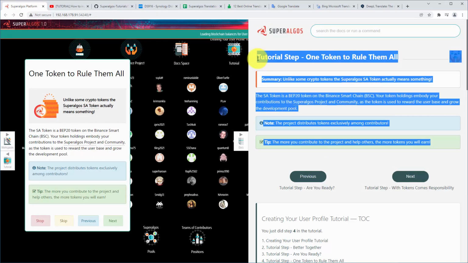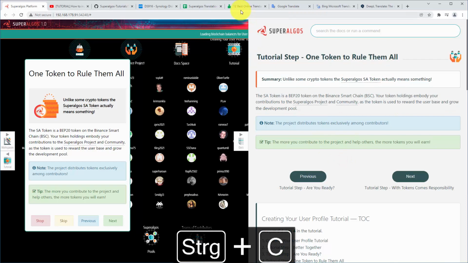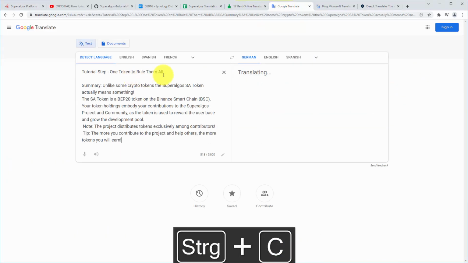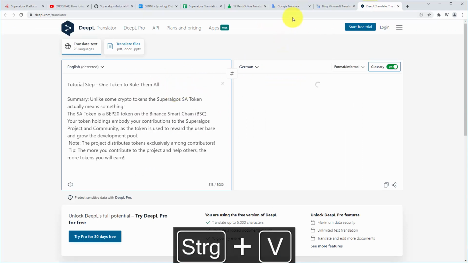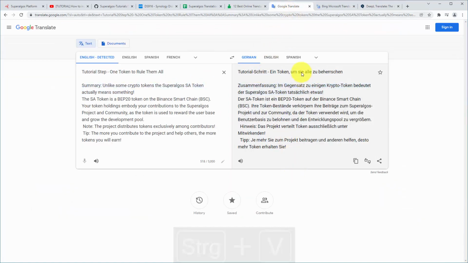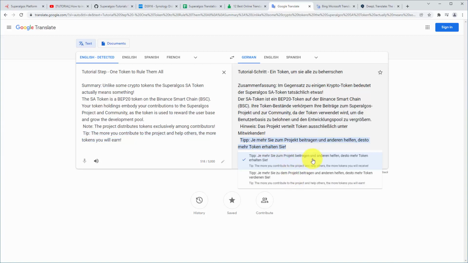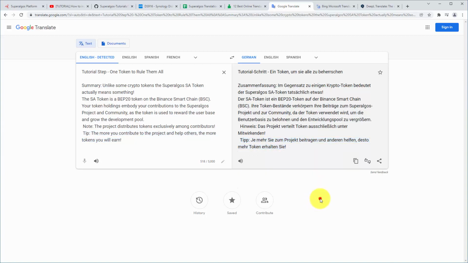To do that, you can just copy a sample text and paste it in here, and here, and here. You will see the translations almost immediately. You can copy them or rate them. You can click on a section and you will see several different versions. Make sure that the translations make sense and most importantly that it's easy to understand what it's meant.